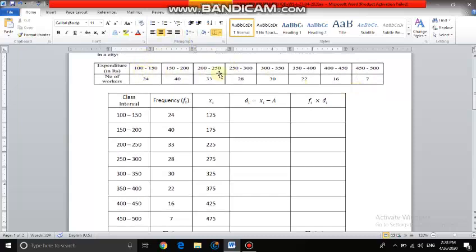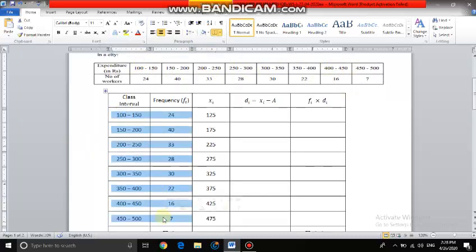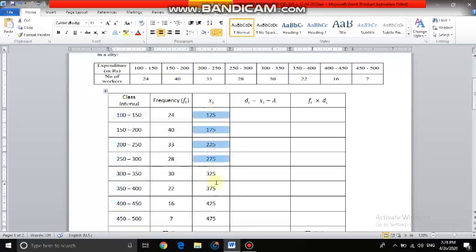Again, I convert this horizontal table into a vertical table here. These two are the given data, class intervals and frequencies. And you already know how to find this xi. This is the same way as we did in the direct method. Xi's are the averages of the upper limit and lower limit of the respective intervals. Now here I introduce another column, an extra column that we call di. di equals xi minus a. So here I have to subtract a from xi.